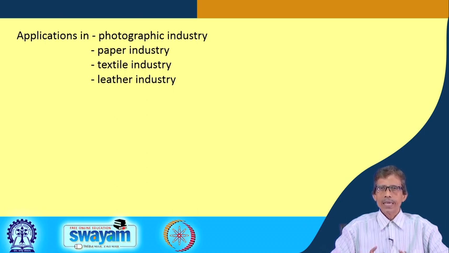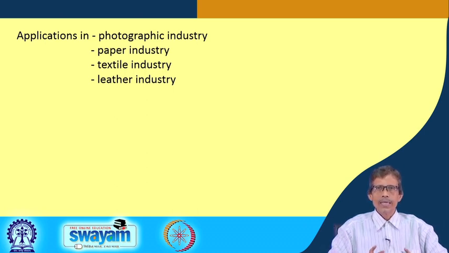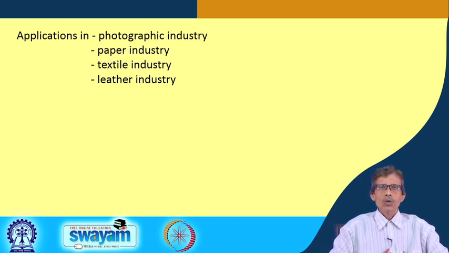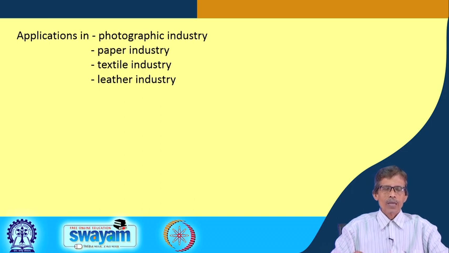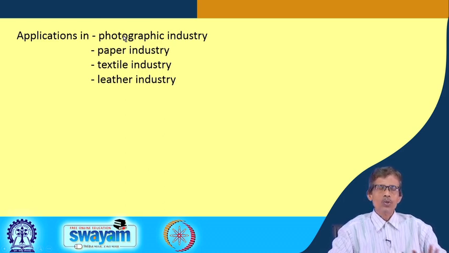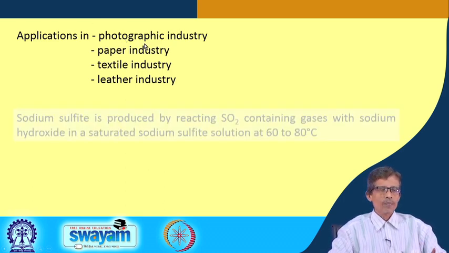The sulfur bearing dyes we can make can be utilized for the dyeing of that particular textile. Then the paper industry also uses it for bleaching, or sometimes it is simply reducing the material for that particular purpose. And in the photographic industry, we know that silver thiosulfate is the fixing material.